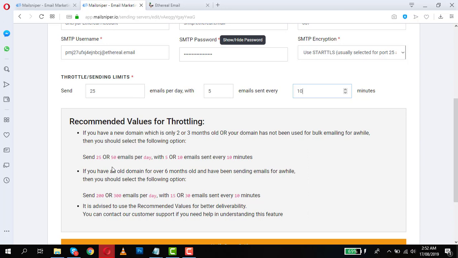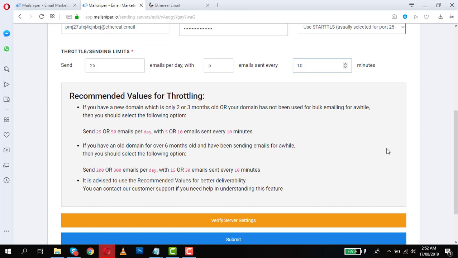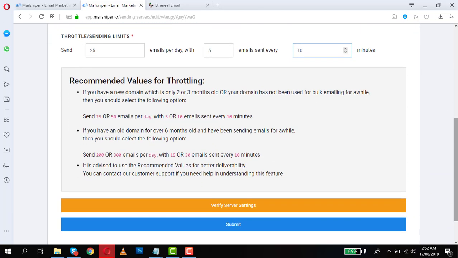And if you have an old domain that is over 6 months old, then you can start with 200 or 300 emails per day, and you have to continue this for the next 2 weeks or 3 weeks. That is more desirable if you want to have a better domain reputation. So this is how you can use the throttling option, and if you still have any doubts or issues,